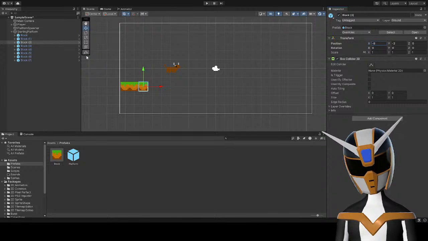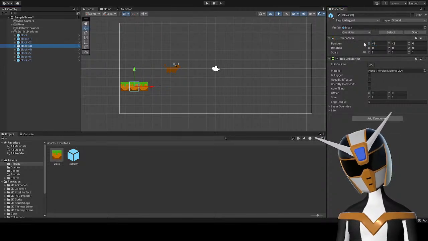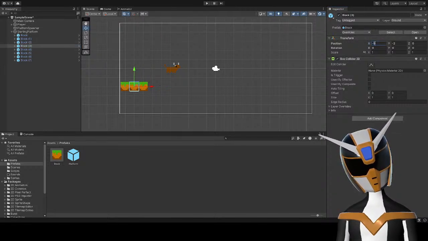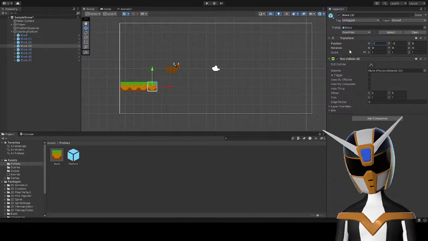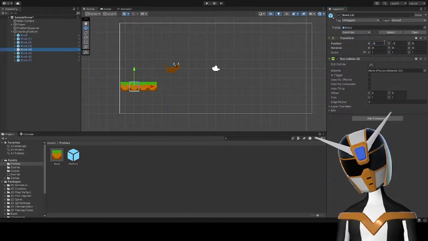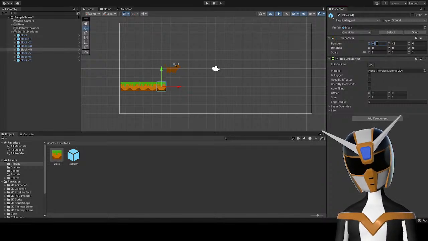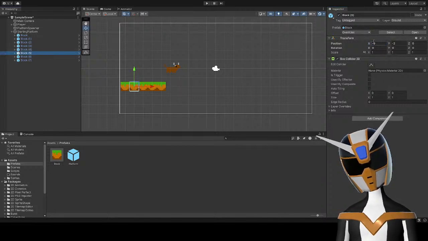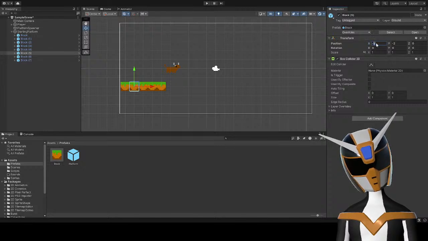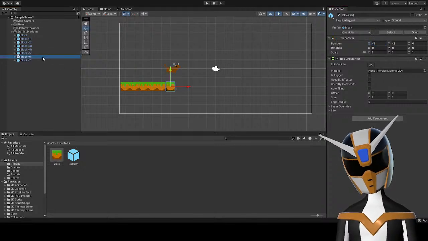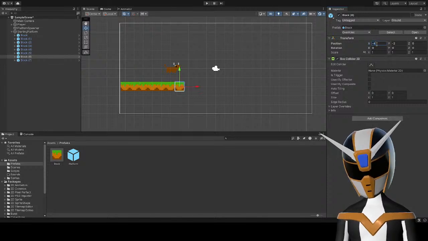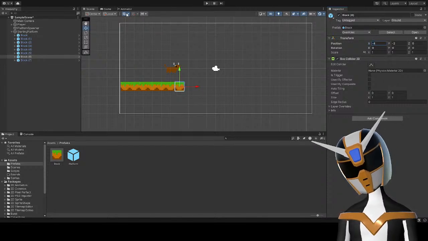Minus 8, minus 7, minus 6, 5, 4. I'm pretty sure there's a snap to grid option, isn't there?